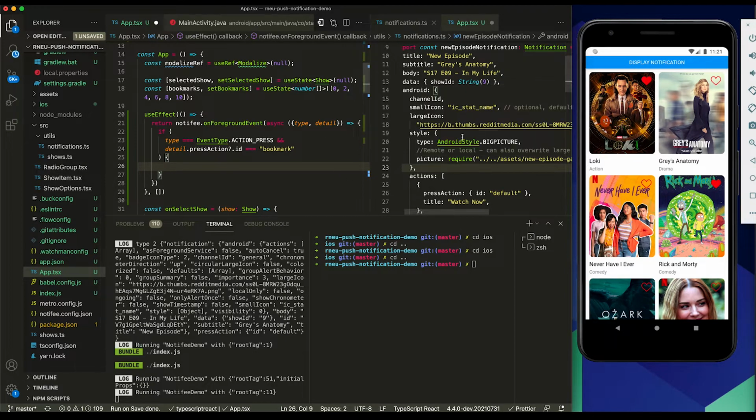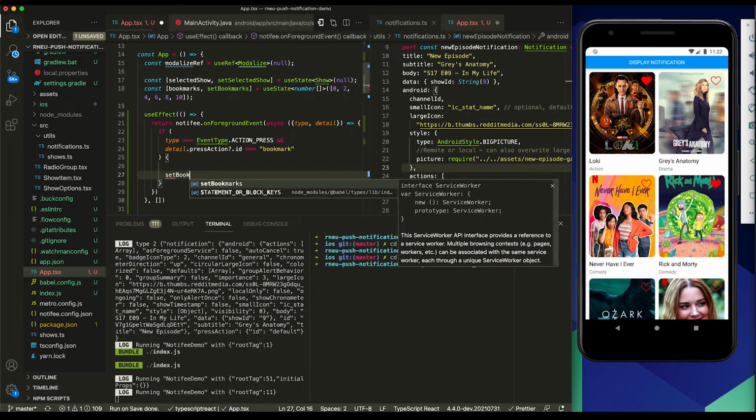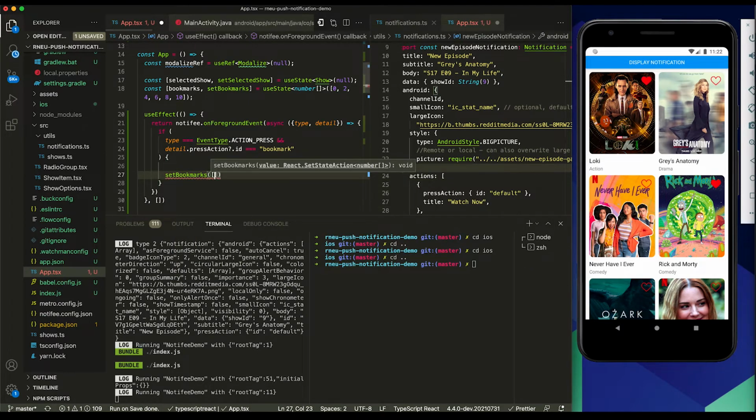So what we want to do here is actually update the state of bookmarks so the user can see that they've bookmarked this. Okay, so all we need to do is do set bookmarks, and then the ID, which we will get from